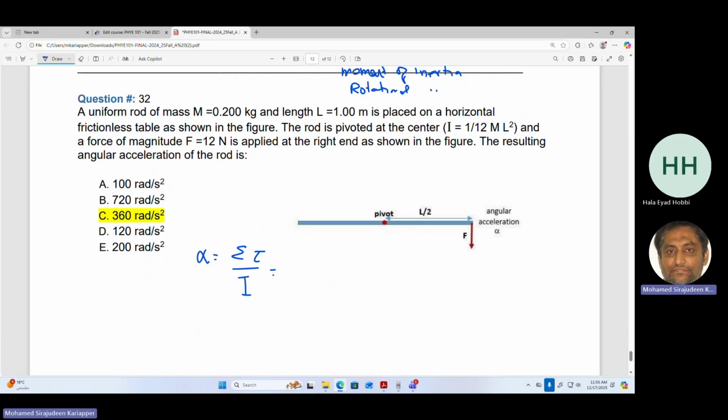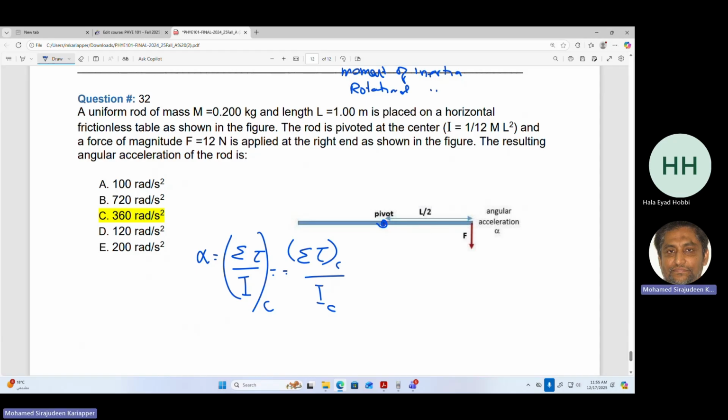Right. Now again, you should pick the point. The point is the center point. The pivot is at the center. So you have to take the net torque about the center divided by the moment of inertia also about the center. The net torque, net meaning the torque from all the forces, right? That is the sum of all the torques. But luckily for us,